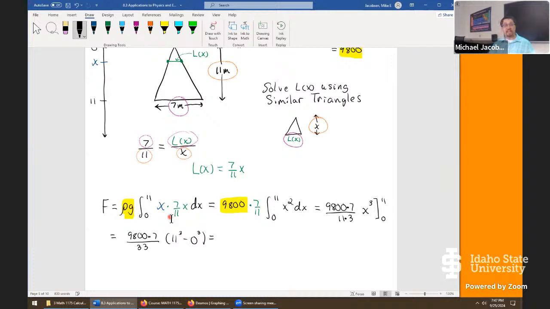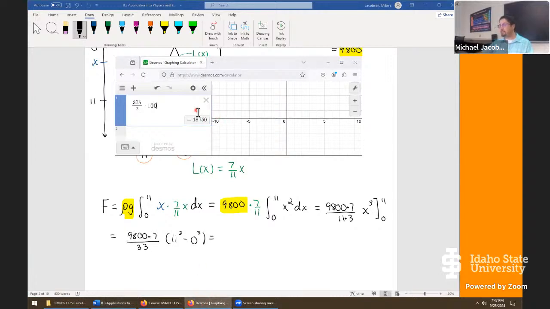And we're ready for a number right at this stage. Any questions, folks, to that step? Okay, now it's calculator time, so let's make this calculator work for us. 9,800 times 7, divided by 33, multiplied by 11 cubed, gives us this neat figure. Let's see, 1, 2, 3, 4, 5, 6, 7. Let's call this 2.77